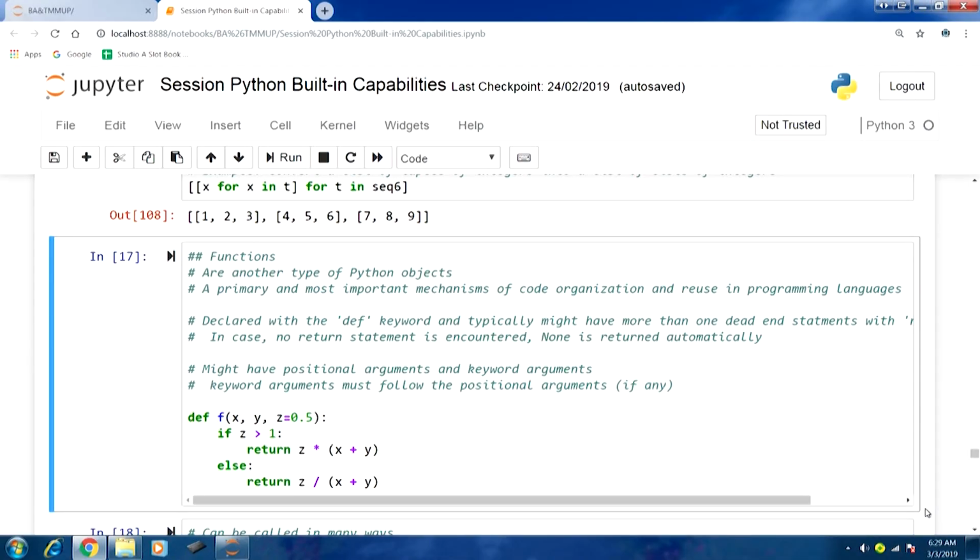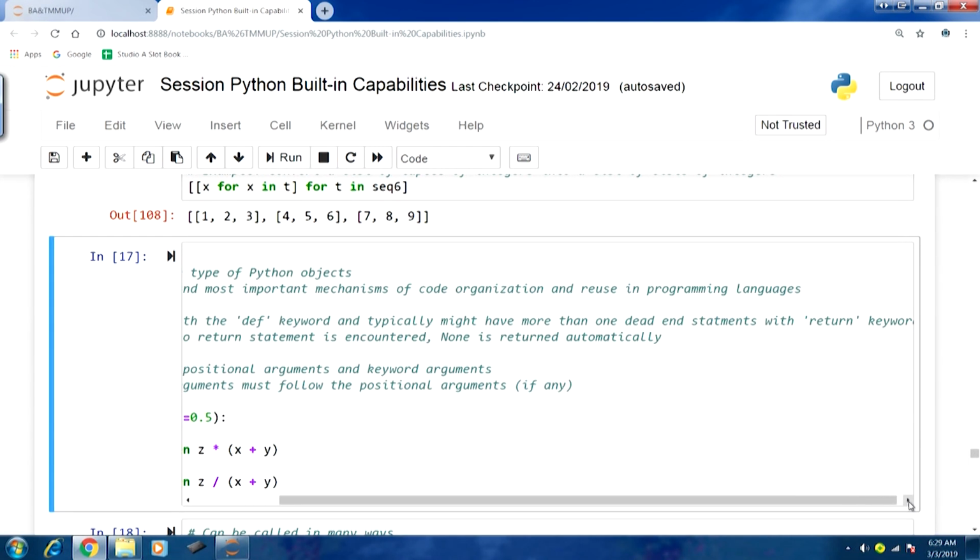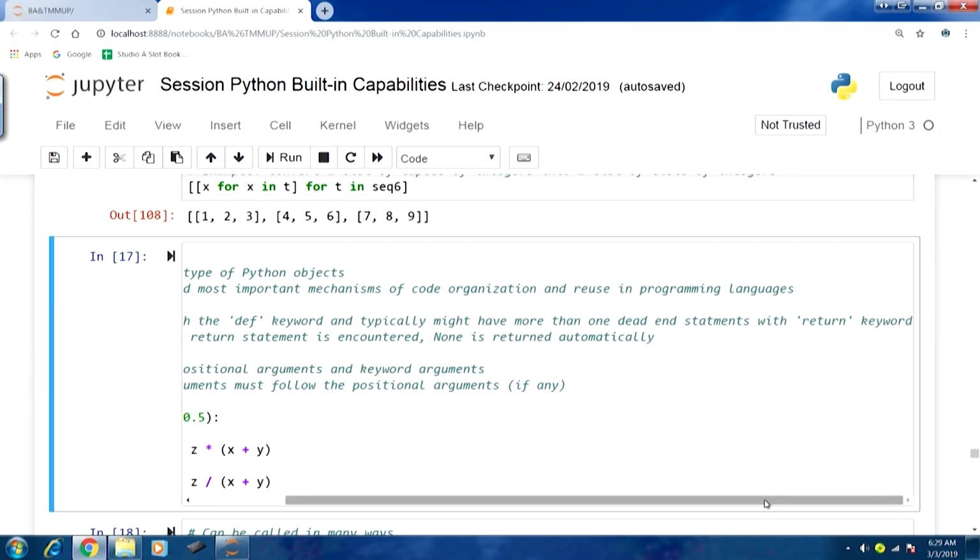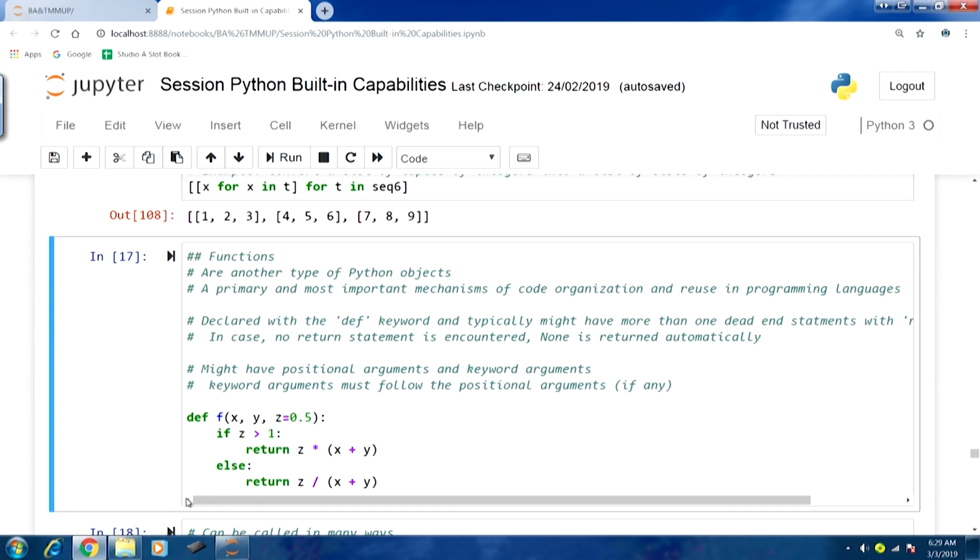Now, how are functions created? This we have already understood. We use the def keyword, and typically we have more than one end statement with the return keyword. You can consider a function, or for that matter any code, there can be many pathways.